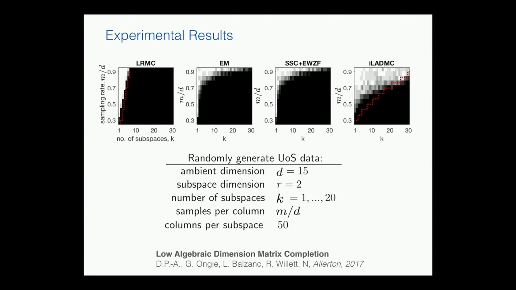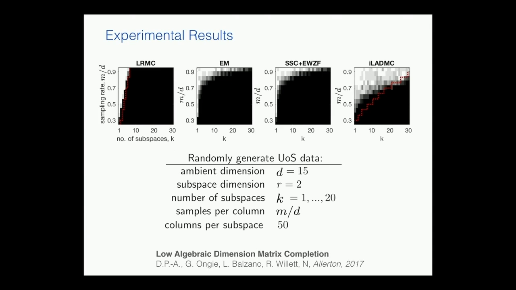And I'm comparing, just saying, let's just ignore the fact that there's nonlinear structure, and try low-rank matrix completion. The EM algorithm, what I talked about before, an algorithm that uses this idea of sparse subspace clustering, and then this low algebraic dimension matrix completion, which is the algorithm I was describing. You can see black here is failing, white is succeeding, and as the number of subspaces increases, we need more samples per column, as we should expect, but the new algorithm that I described is working